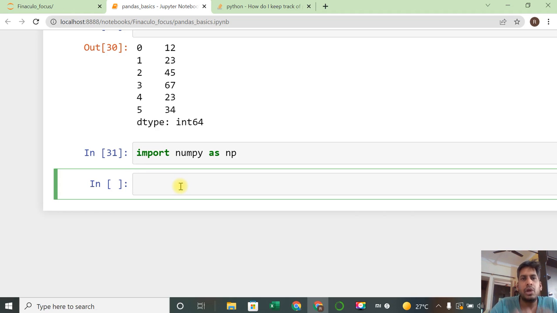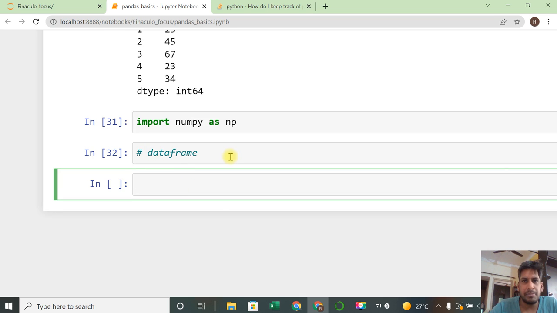Now we will move on to the next thing, that is nothing but a pandas data frame. What do you mean by data frame? A data frame is nothing but rows and columns. Multiple columns you will be having. For example, you have a list of names. I just take a list of names like,